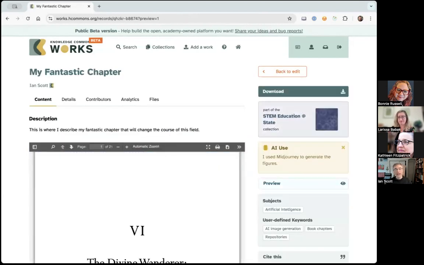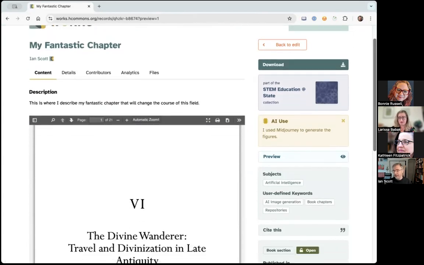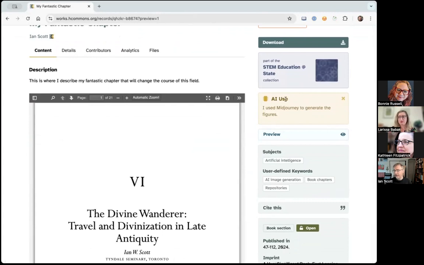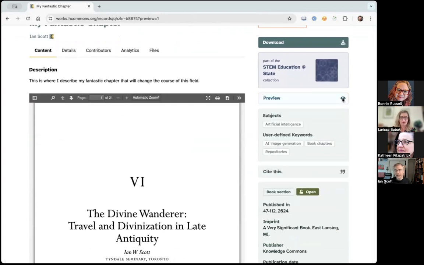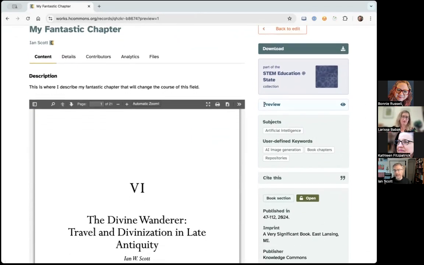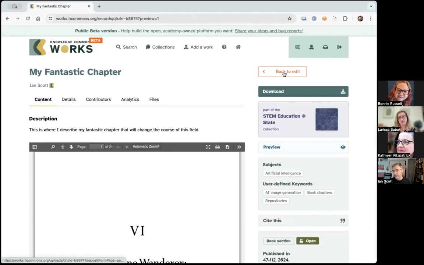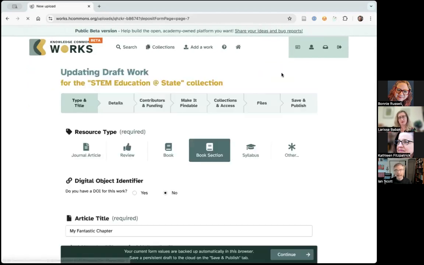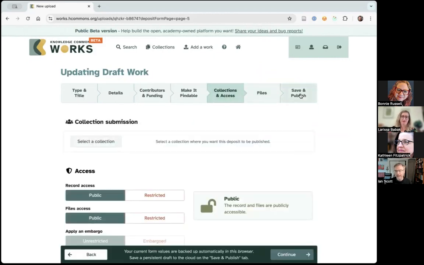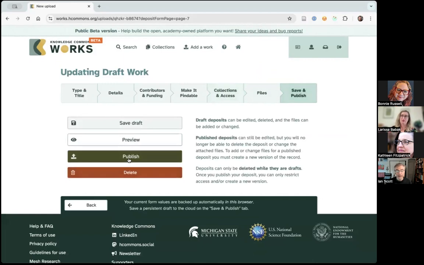Yes, here we go. Okay, so this is a preview of the detail page for my work. And you can see the AI use flag is a dismissible flag that shows up on the side here. Same thing if I add a content warning to my work. But I just want to highlight a couple of things. One is that this is highlighted as a preview until I click publish. And I can go back and forth between previewing it and editing it. If I go back here, and I'm going to remove the collection because I don't want to actually submit this. But if I go and I actually click publish,